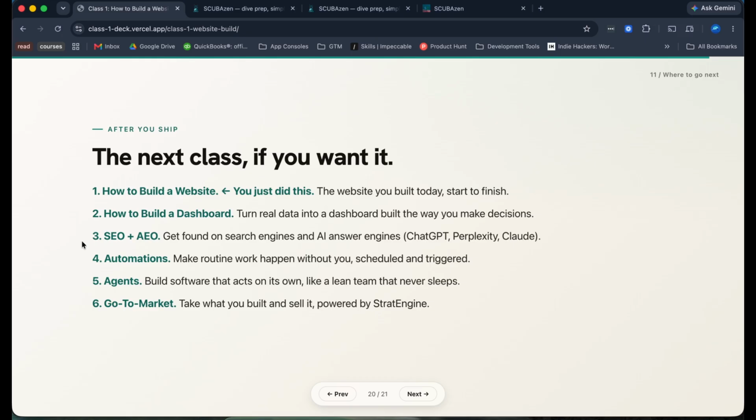And then we move off of the website a bit and start going into business operations. So automations, how do you build things on your computer that can do things for you? So program it to ingest your email, weather, news, any tasks you have for the day, and give you a morning briefing every morning. Or anything else you want to automate that you can think of, this is the baseline of how to get it to do that for you. So that way you can start offloading a lot of that busy work that is pretty annoying to do every day. And then that will naturally lead into agents. So not only do you have these automations done, but now you have an AI bot that you can talk to and execute tasks for you.